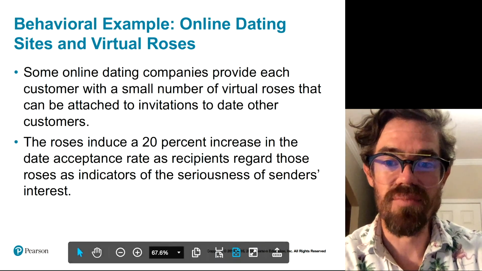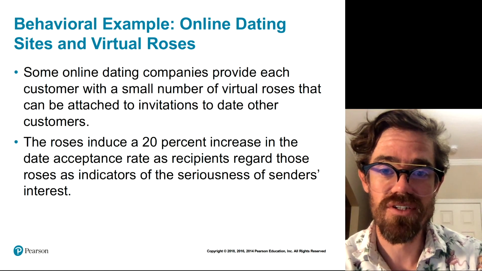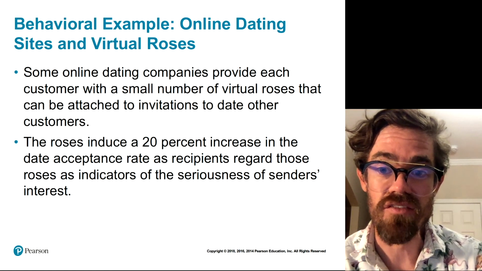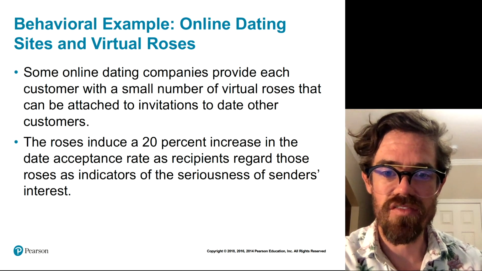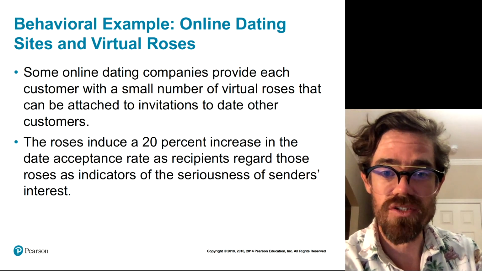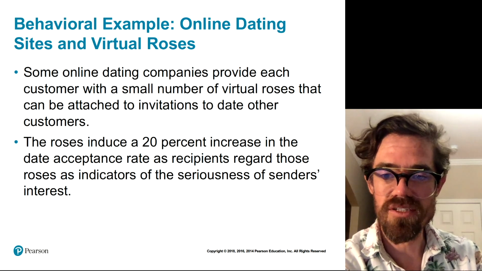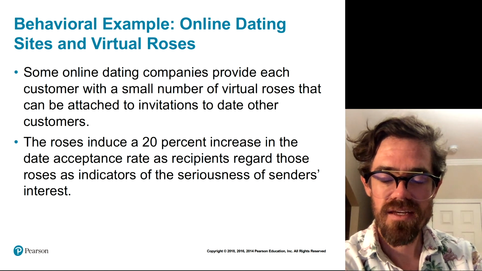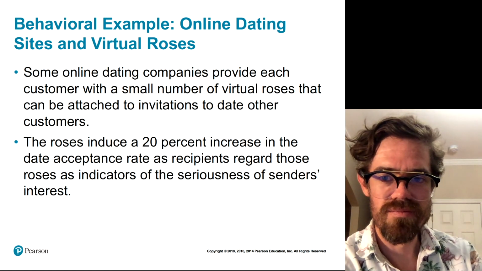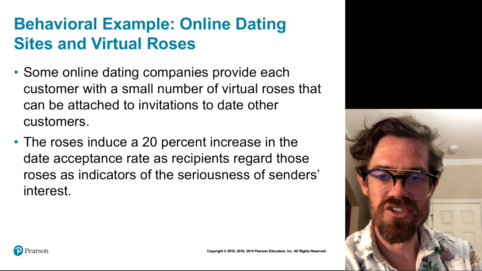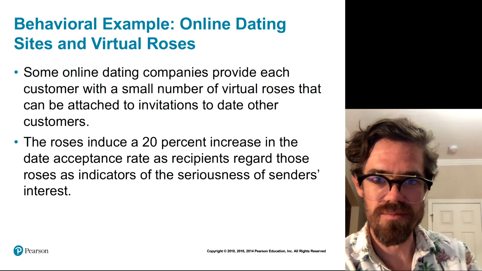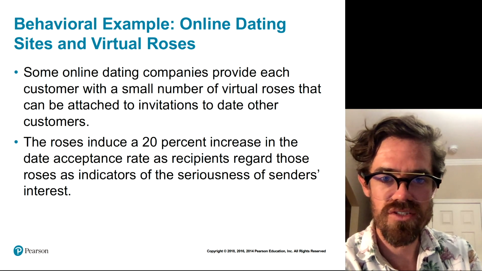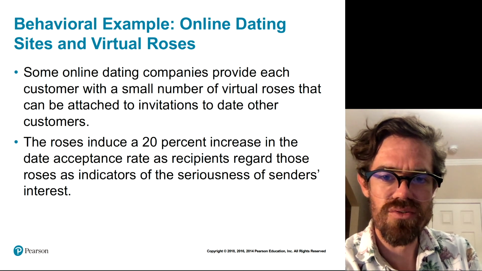Okay, so here's an interesting behavioral example: online dating sites and virtual roses. There have been some online dating companies that provide each customer with a small number of virtual roses or something similar. I think that in some dating apps, you can have a super like, right? You have a limited number of super likes. So that's kind of the same thing as the virtual rose that you can send with invitations to date